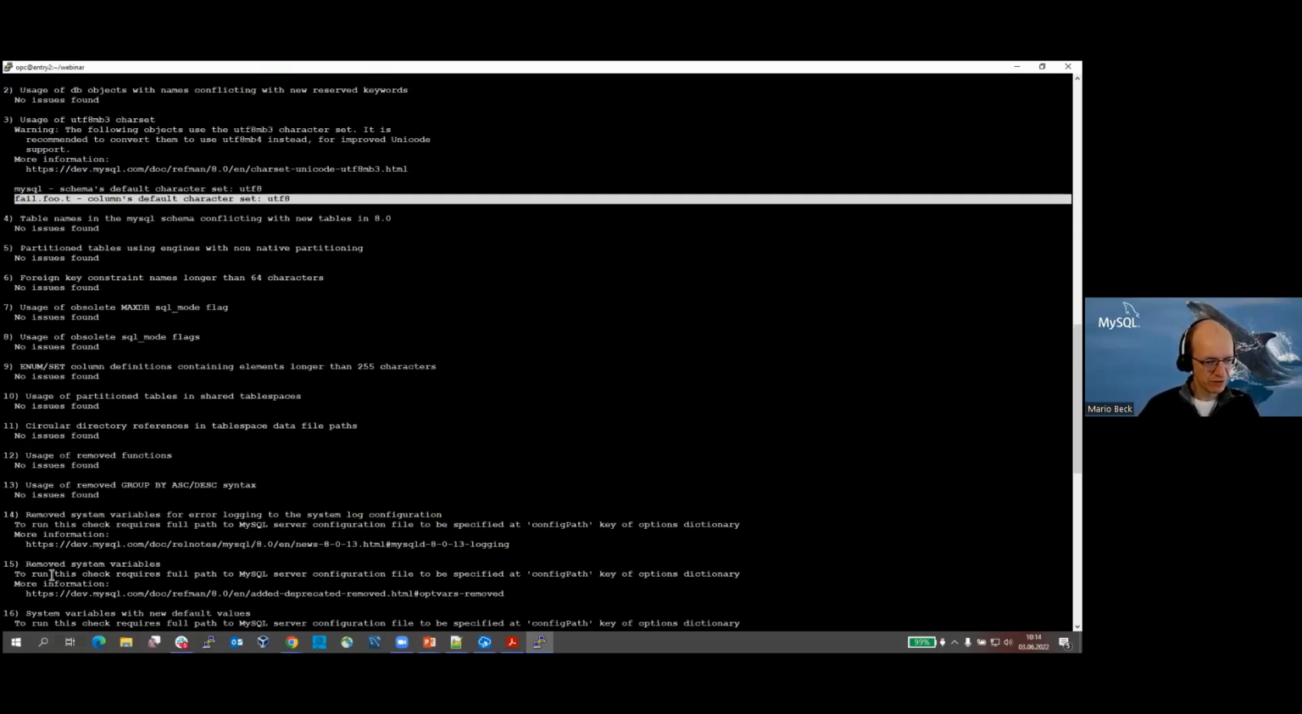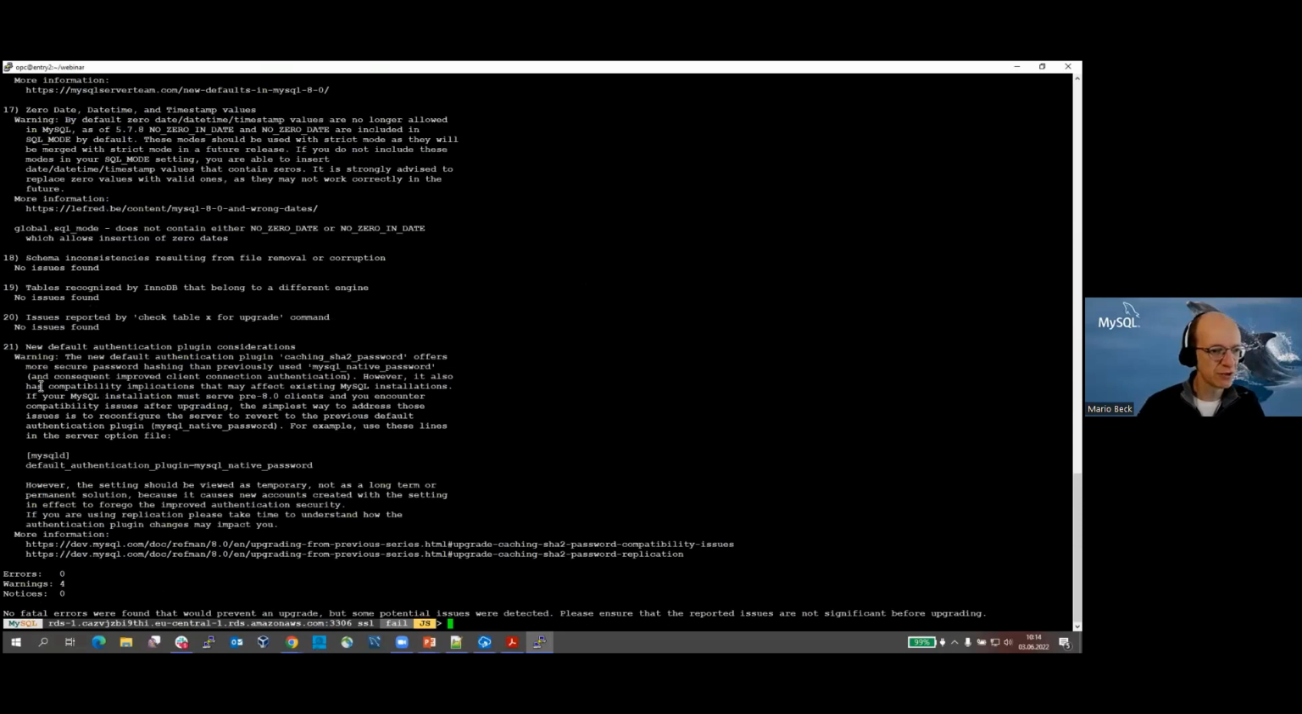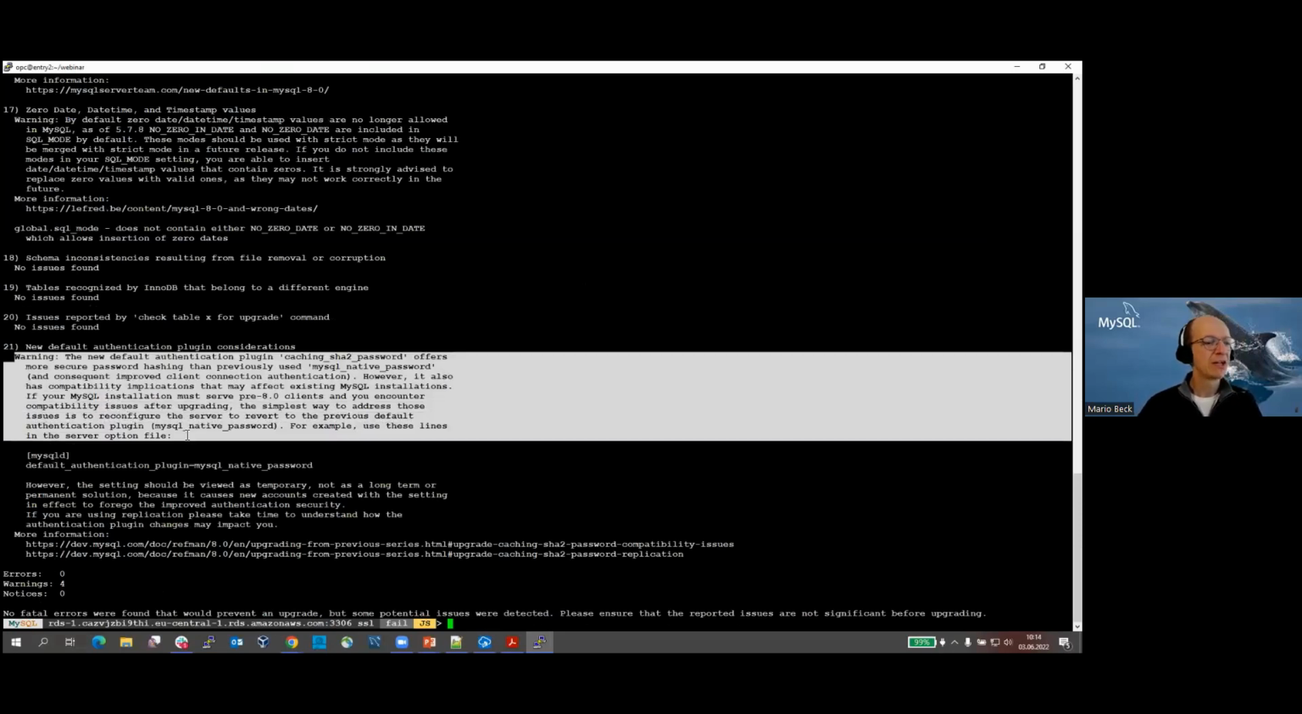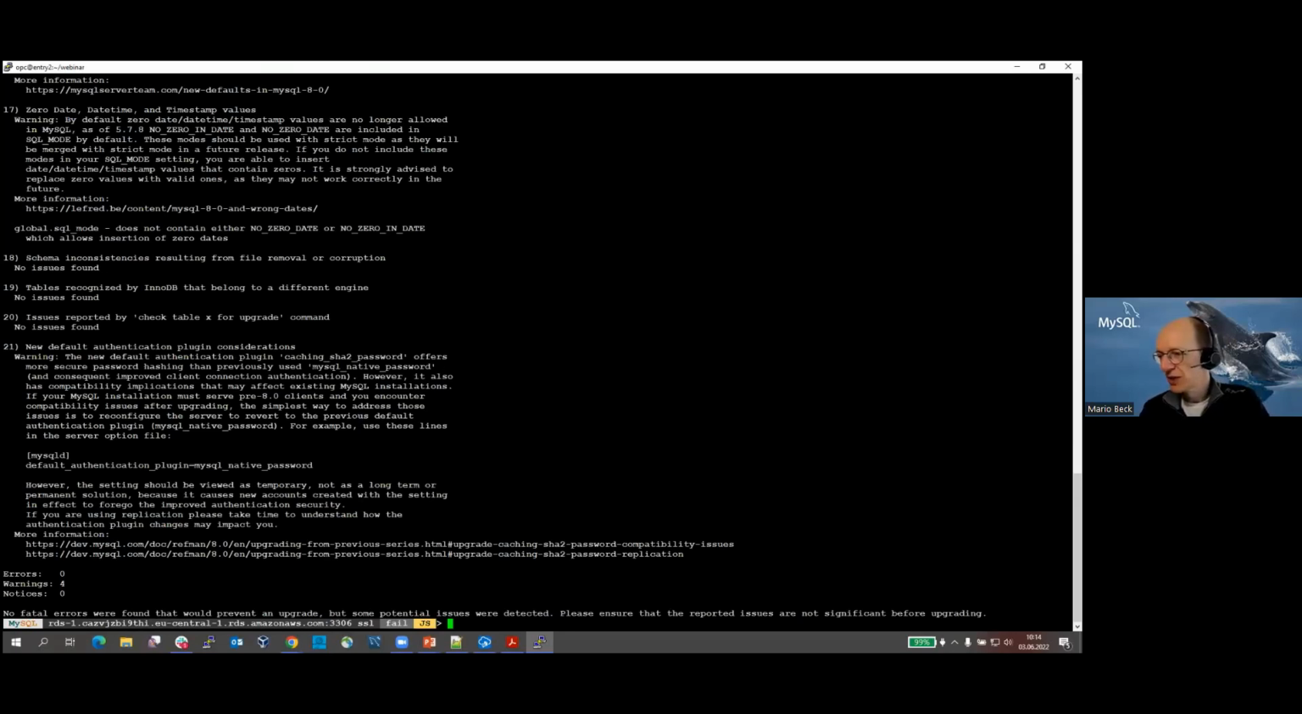There's something with system variables that I need to check, and the new authentication plugin in MySQL 8. I don't want to dig into details of the upgrade process, but you see it's very simple to check if my existing 5.7 instance is good for migration or not. I do have a few warnings that I need to consider, but I can do the migration. So let's do the